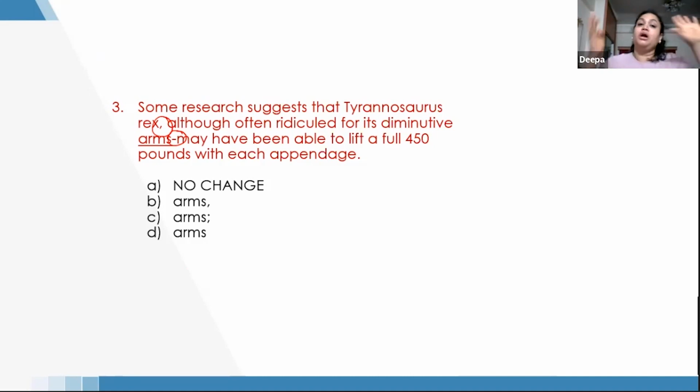So to begin this parenthetical element, you would have a comma there, and when we were ending it, we used a dash. So we have to maintain integrity. If we have chosen commas, we will choose only commas. If we have chosen dashes, then we should have a dash after Tyrannosaurus rex also. But because we have started with a comma, we have to go with a comma, and the answer is B. Is it clear? Yeah. Let's go to the next question.